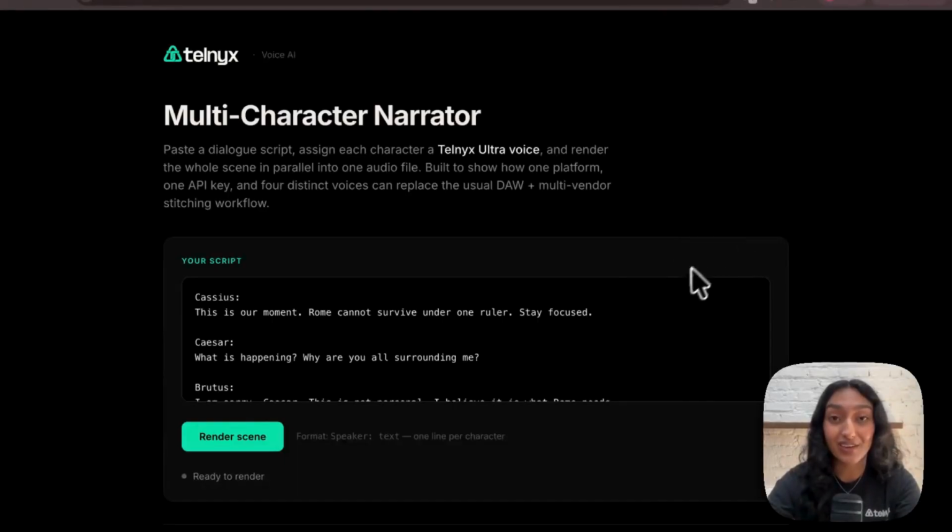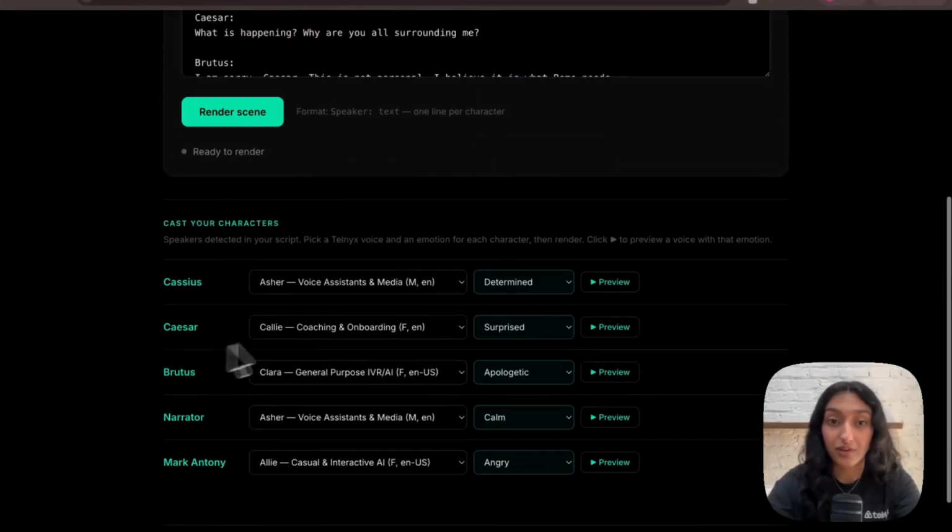This is the multi-character narrator. The app comes with a preloaded Julius Caesar scene, but you can paste in any dialogue you want as long as each line starts with the speaker name. For each speaker, you can choose a different Telnyx Ultra voice. So, for example,